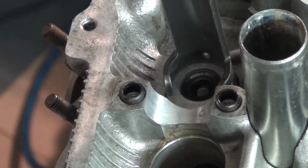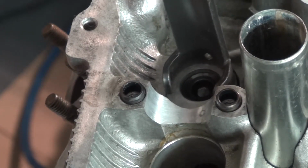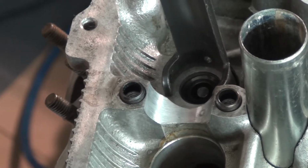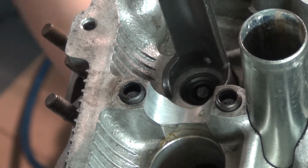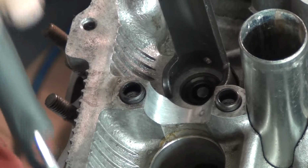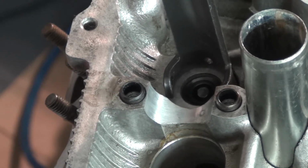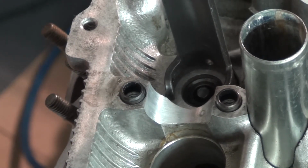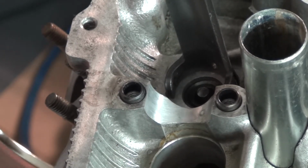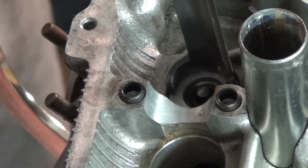Here we go. And the trick is, of course, I don't know if you can see it, but this little thing, the stem, point of the valve is coming up. It's coming up. And when it's at a certain height,